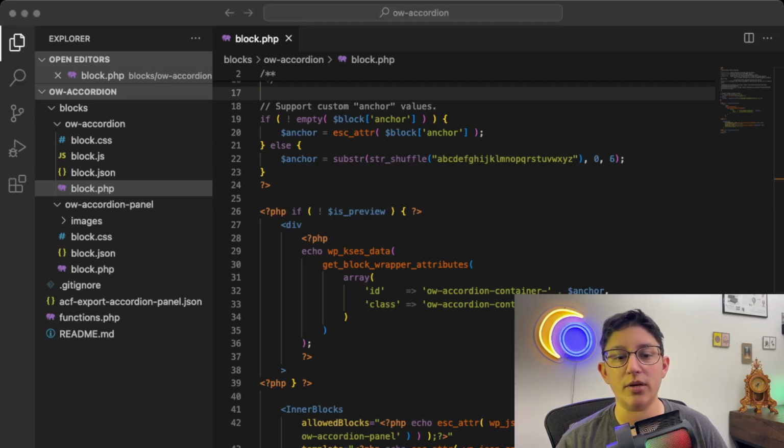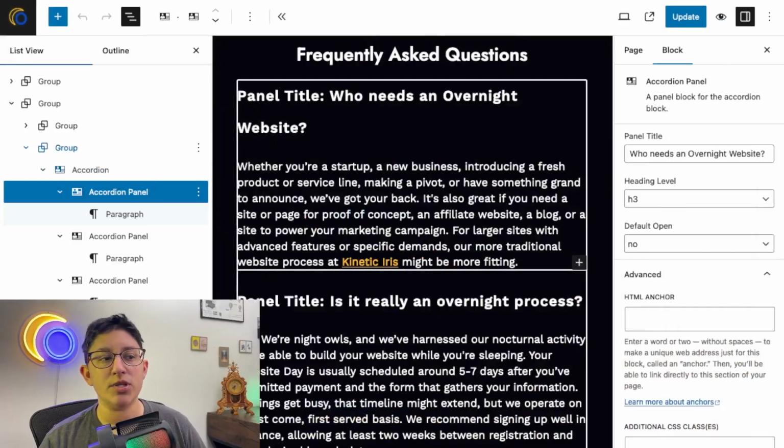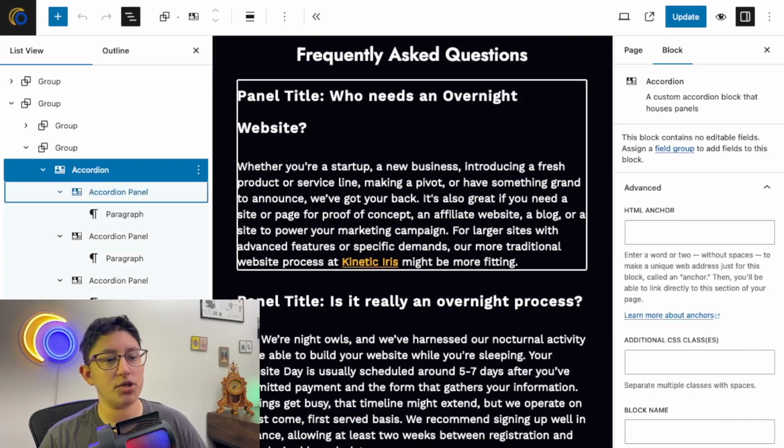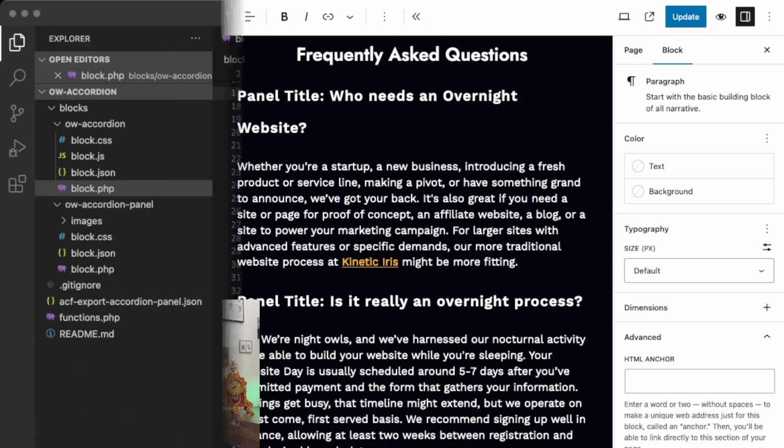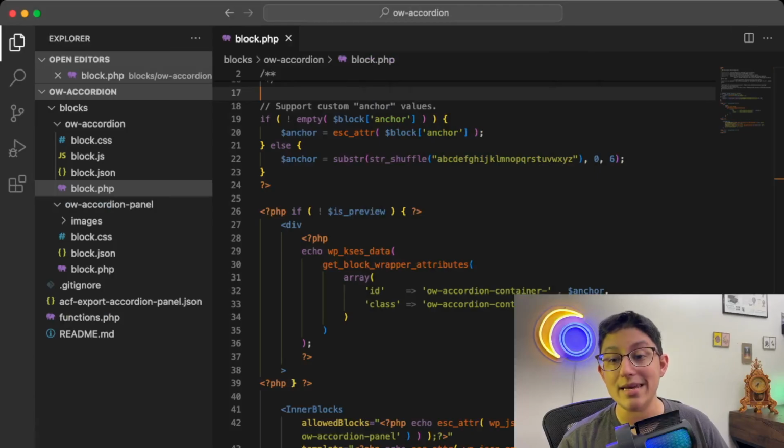If we take a look really quickly over at the page itself, all of these items, our parent block, our child block, even our individual items inside of each panel, you can identify on the right panel under advanced our HTML anchor. That should be a unique ID that you're giving to these things. In our case, we need a unique ID. If you enter one, great, but if not, I do need something there. So that's what we're doing here, where if it's not set, I'm defining a custom anchor.